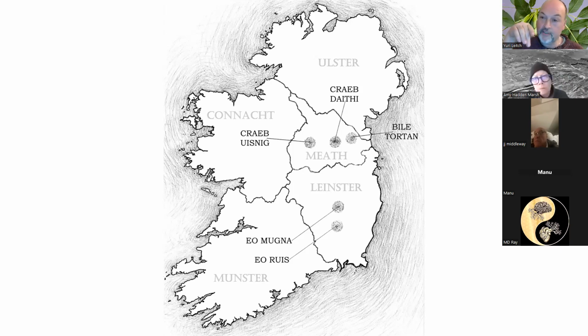Now, the importance of the ash trees being in Meath is that Meath represented the centre of Ireland, and it was where all of the high kings of Ireland were coronated. So they were coronated in the area that was sacred to the ash tree, or the ash tree held the center county of Ireland where the High King was coronated. And the whole coronation thing was about the king marrying the goddess of the land, literally.